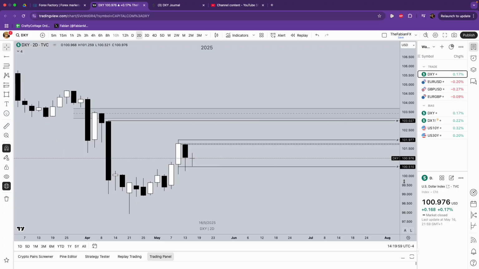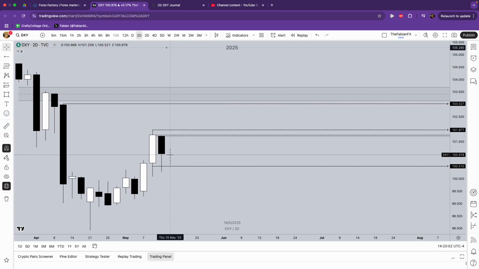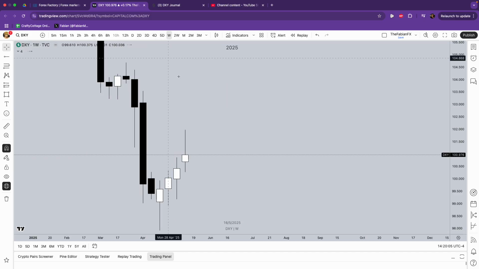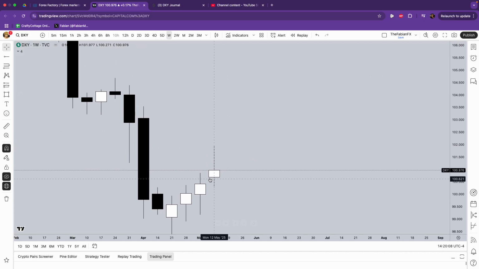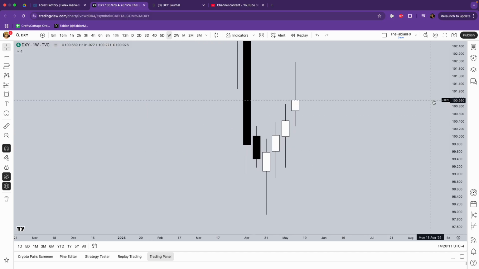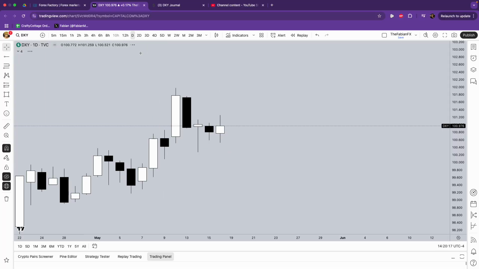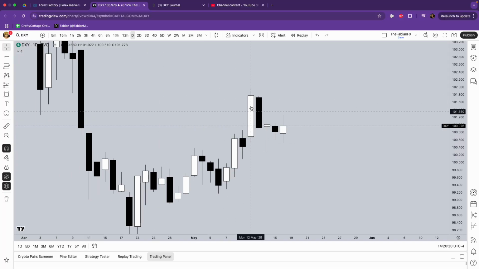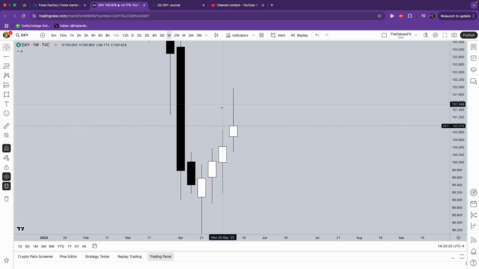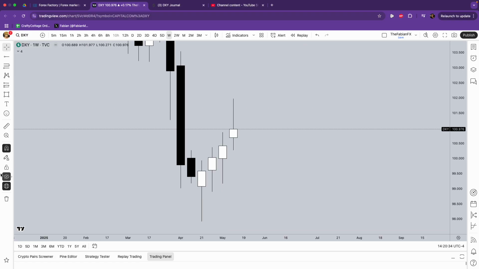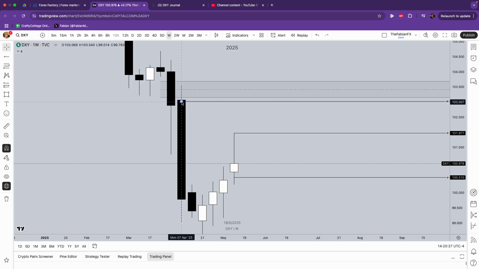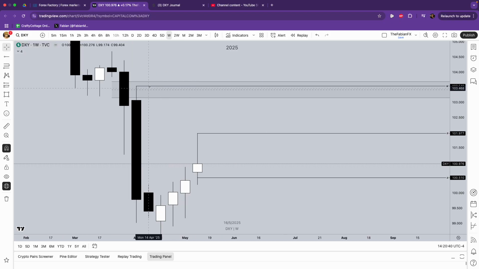So if we look at the chart, what we can see is that last week, what we expected in the weekly is an open, low, high close. And that's exactly what we got. Unfortunately, I was expecting last week to open first below, then go higher. But on the Monday, we opened above, went lower. So as you can see, nothing has changed. We're still looking for the same bias. This is still my bias, this high.